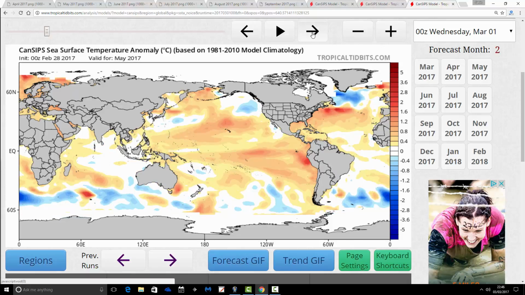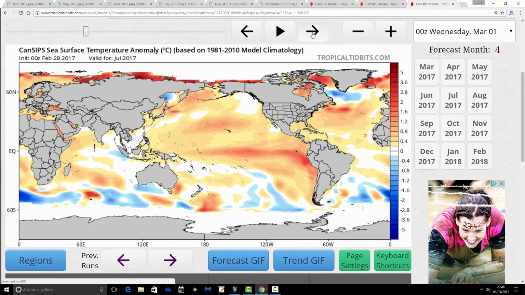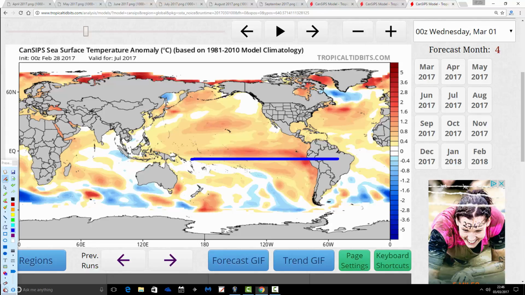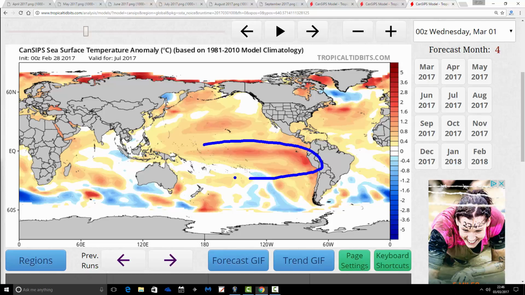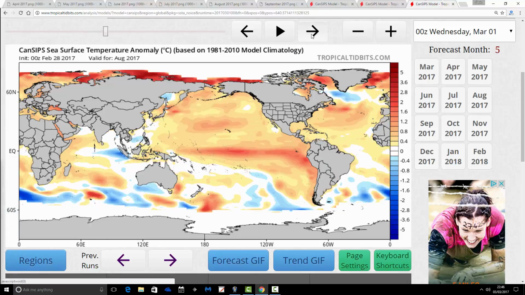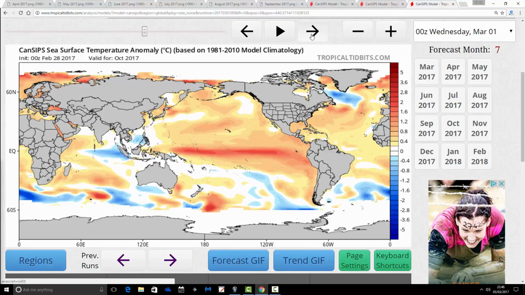Let's have a look, and we go through to May and through to June and through to July, and look at this month by month. The temperature anomalies are increasing here through the equatorial Pacific Ocean. So by July, we have a re-emergence. This is El Nino re-emerging here through the equatorial Pacific Ocean. And this continues then into August and into September and into the autumn months. Yes, we've got a very strong El Nino event taking place.